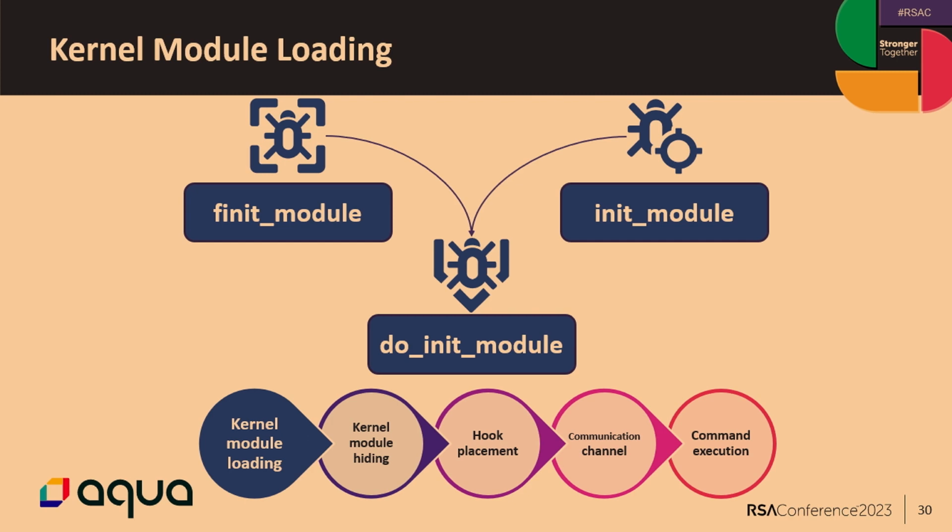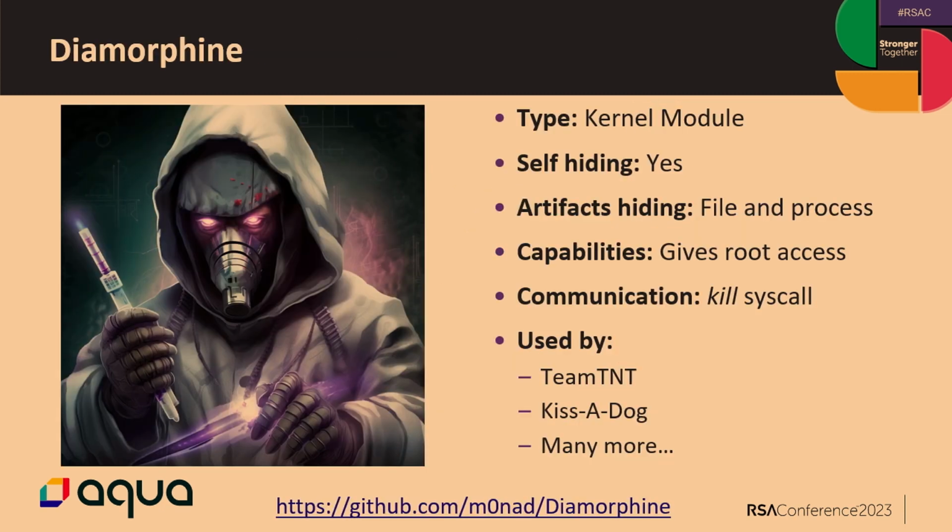OK, so the first thing we want to do is to be able to detect it. The way we did it is just put a kprobe on do_init_module, which those two functions eventually call, and this is how we can detect that the kernel module was loaded into the system. And the next thing we want to do as part of monitoring and collecting forensics is to capture that buffer as soon as it's traveling into the kernel. We can intercept that buffer, copy it outside, and send it away to analyze for forensics.